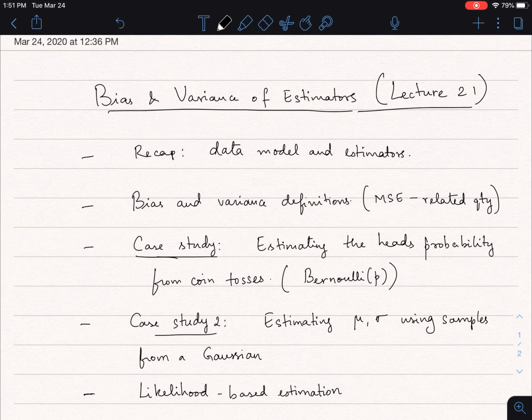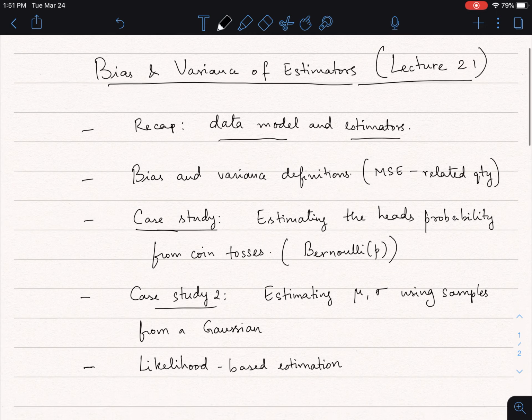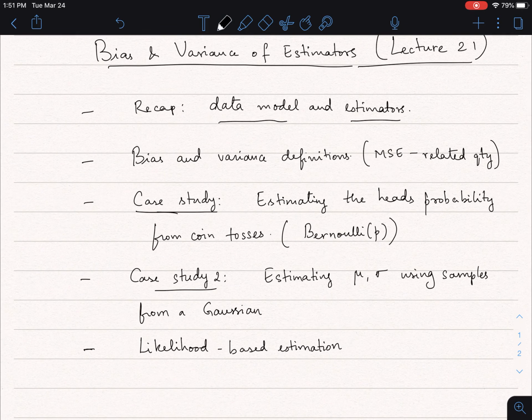So, the goal of this lecture will be to cover the following topics. We will start with a quick recap of what we saw last time, which is questions about the data model. It's the basic assumption in statistics and the notion of estimators that we define. Okay, next we will recap how we defined the bias and variance of estimators. This turns out to be a very interesting topic, and a lot of statistics focuses on understanding bias and variance